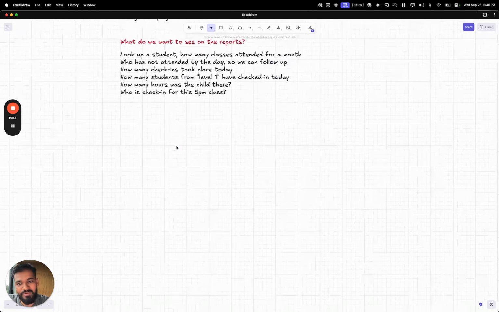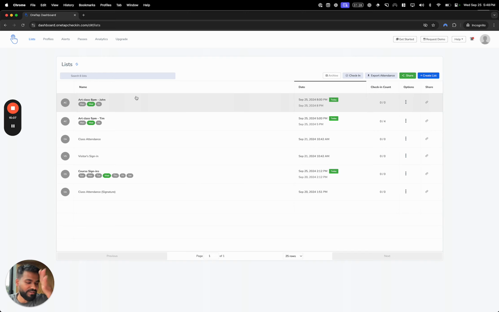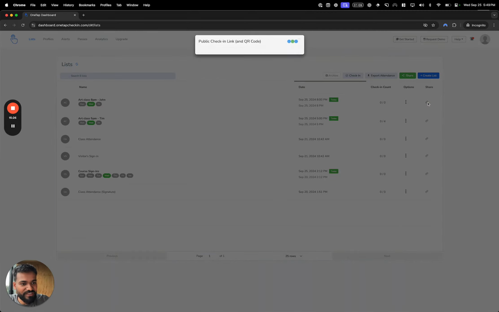So the way that they want to do check-ins is by having Tim, the instructor, or John, different instructors, basically check in their students. So they do it by group. You'll have literally tables, and people will be sitting there, and it'll be 4 or 5 different groups based on each instructor, and each instructor is in charge of their group of students. So how you would want to do that is by hitting this share check-in link button,